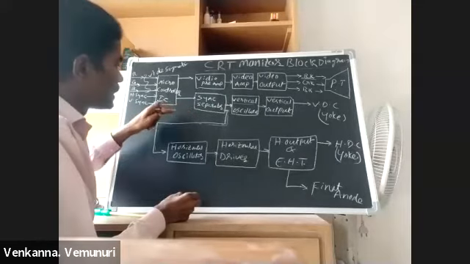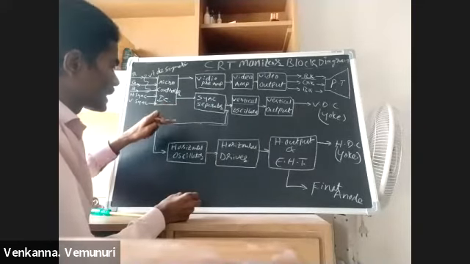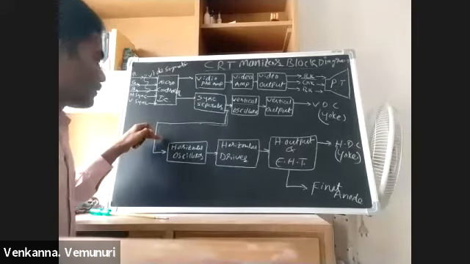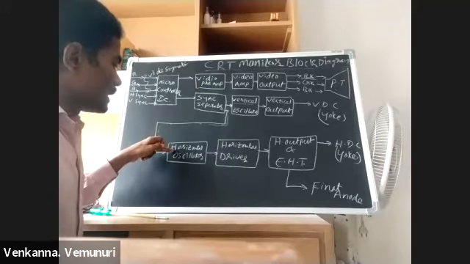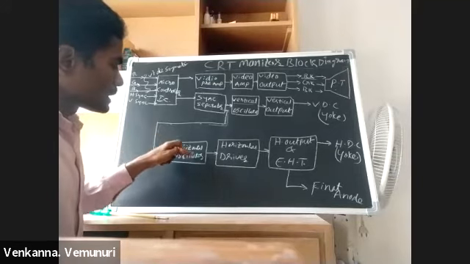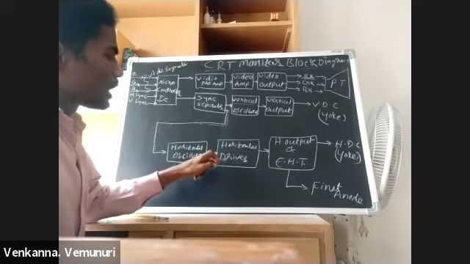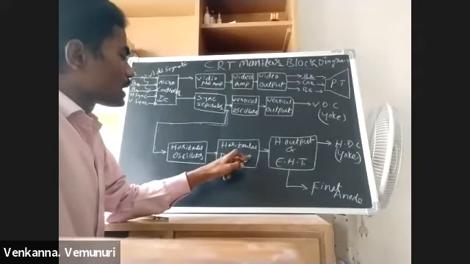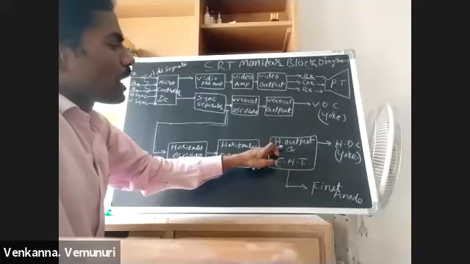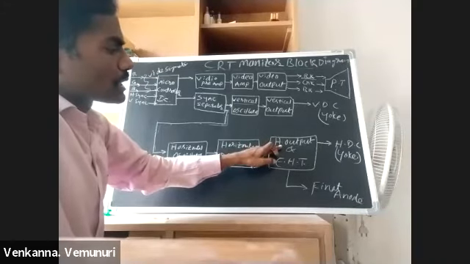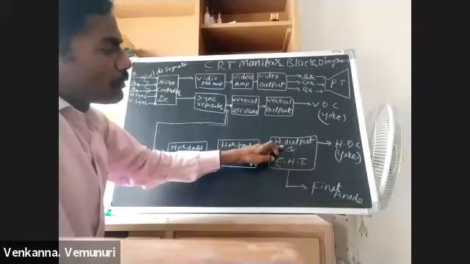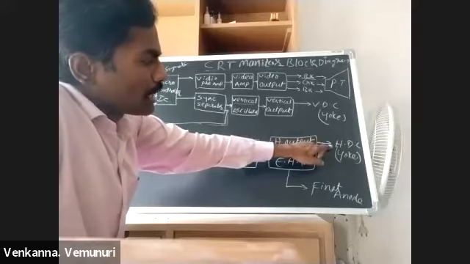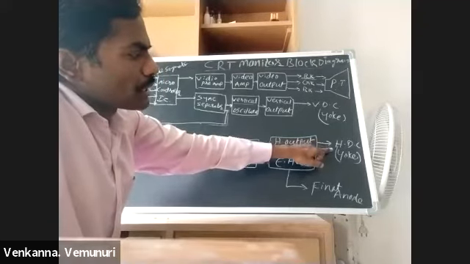Now this horizontal signal connects to the horizontal oscillator section. With the help of this sync signal, the horizontal oscillator section generates horizontal oscillation signals. Those signals connect to the horizontal driver section. After this horizontal driver section, the oscillator signals connect to the horizontal output section. Now this horizontal output section generates voltage. That voltage connects to the EHT, and at the same time connects to the horizontal deflection coil. It is part of the yoke.